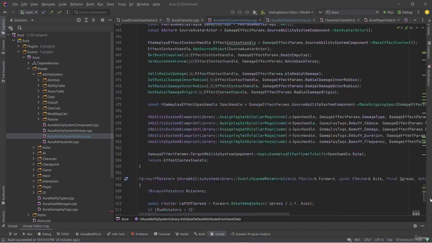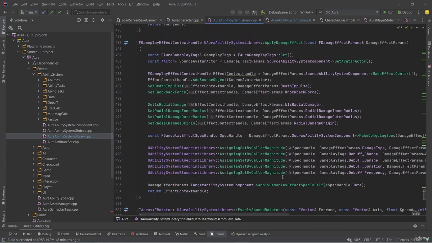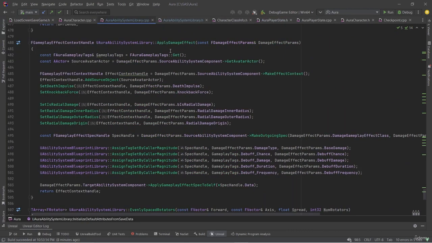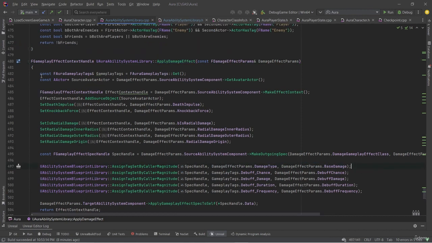Now, we have an example of that. If we scroll almost all the way down to the bottom, we have apply damage effect, right? And apply damage effect is assigning set by caller magnitudes to the spec handle. And what it needed was a few things. It needs to get the gameplay tags. It needs the source avatar actor, so we can add a source object. It needs to make an effect context handle, and it needs to make a spec handle